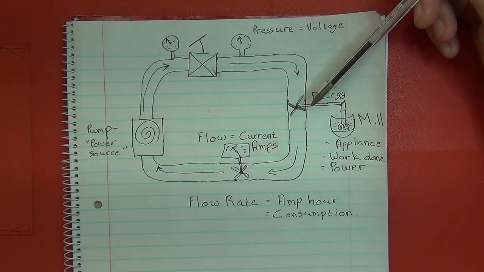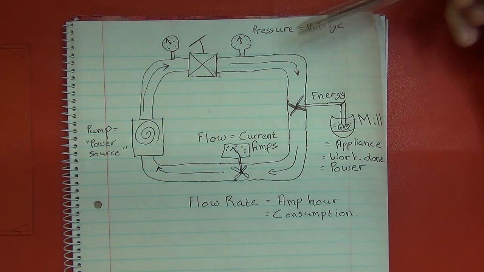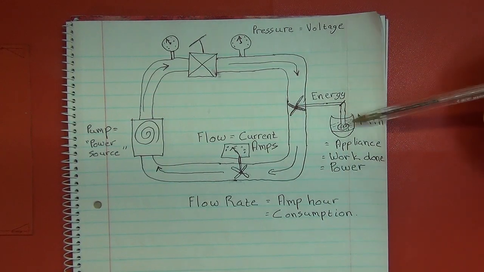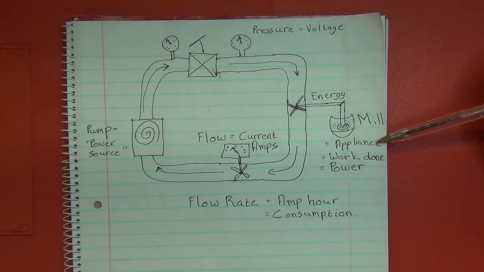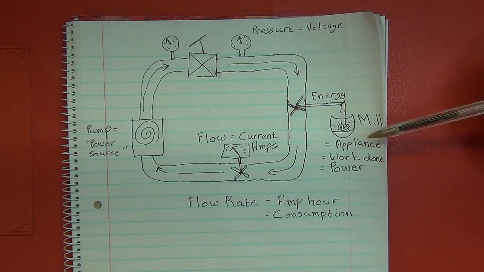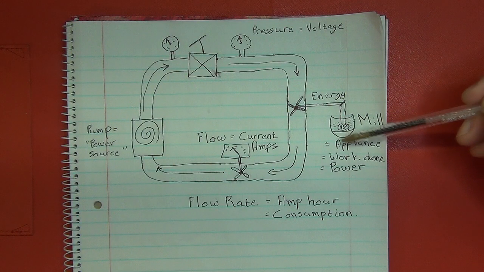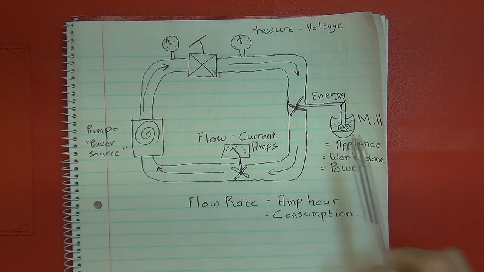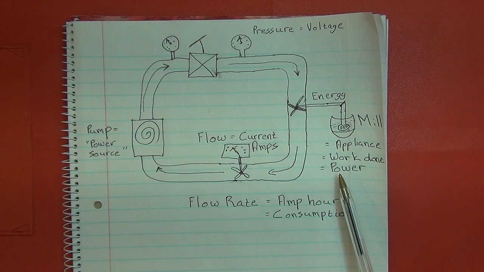Let's go to the ultimate reason we have electricity, and that's ultimately to power a device and to do work. So here, as I said, we've got this paddle which is driving a shaft which is turning a milling stone, which is milling our flour, let's pretend. In essence, that equates to an appliance that you might have in your house. Taking the energy out of the system to the appliance is the work being done by your water or by your electricity, and that equates to power.